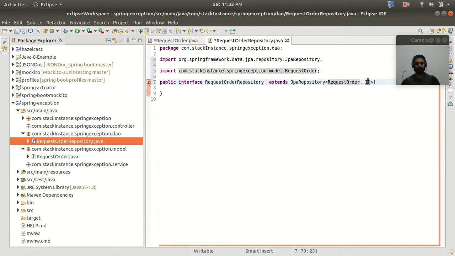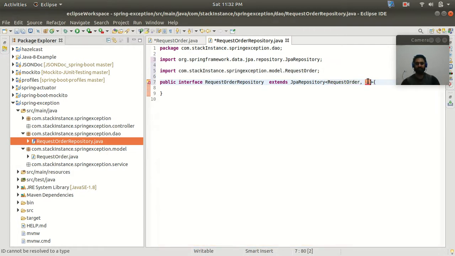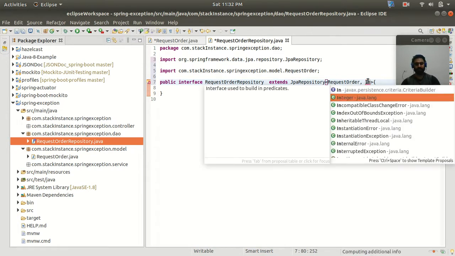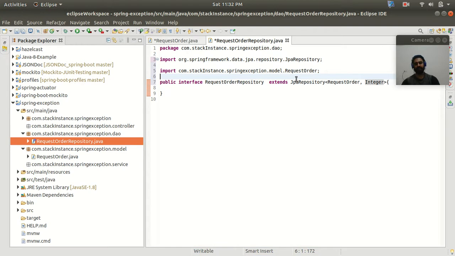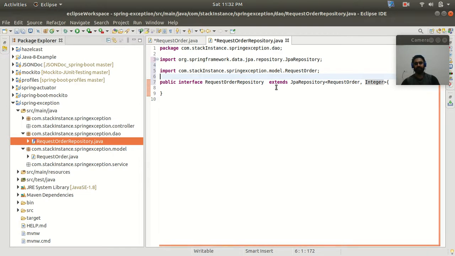And here in place of id you need to pass the data type of your primary key. So the primary key data type is integer, so here you need to pass the integer, right? So this is my repository, and here I am extending it with a JPA repository, and the JPA repository is providing all the methods for the CRUD operations, like to save any data to a database, to get all the values from the table of a database, and to delete any data from the database, right? So these are the CRUD operations we are getting from a JPA repository.